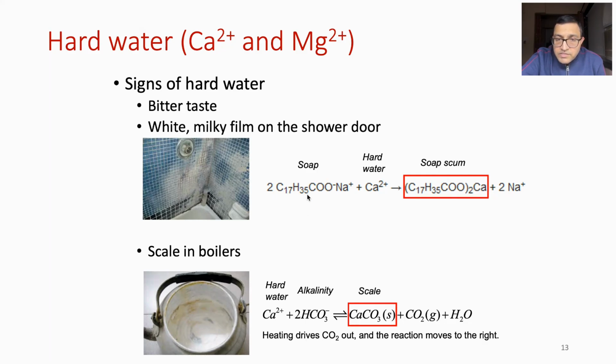Also, hard water doesn't form soap froth, it forms soap scum, because calcium from the hard water reacts with soap to form this soap scum, which hinders the froth formation. And then in kitchen utensils and boilers and all kinds of systems, you have these scales that form due to precipitation of calcium carbonate